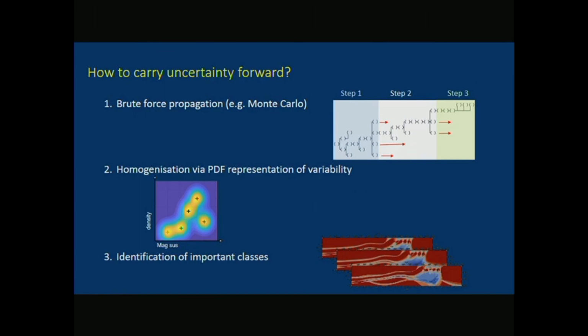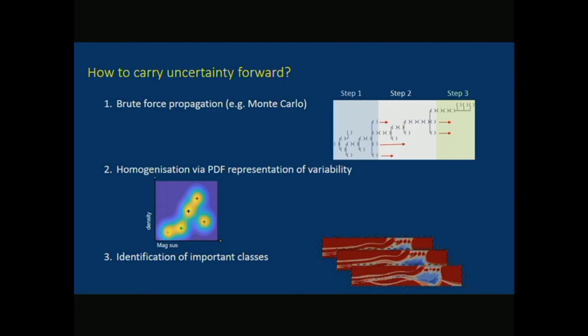So there are various different strategies that people have tried for carrying uncertainty through this process. Remember, the first thing I showed you was a measurement of the orientation of a sandstone layer. We want to be able to retain that uncertainty all the way through the process into our final geophysical inversion, because like any probabilistic system, you have to accumulate the probabilities. You don't just take one and throw it away when you don't like it anymore.